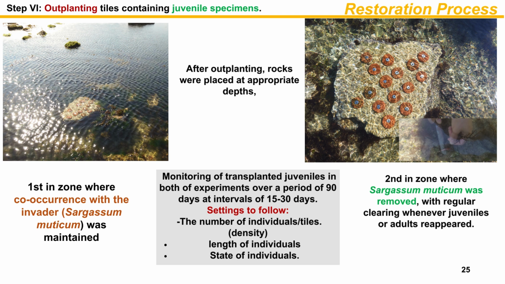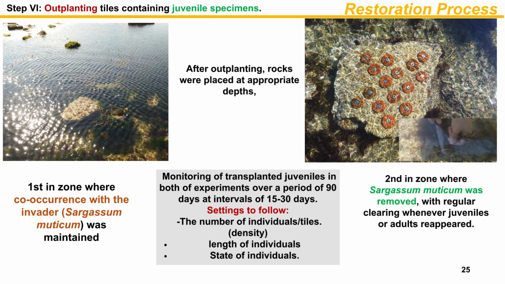Two experimental conditions were tested: one with the presence of the invasive species Sargassum muticum to simulate its occurrence, and one with its absence to evaluate the potential for successful recruitment and growth without competitive interference. The final step is monitoring these outplanted tiles over a period of 3 months to assess survival and growth performance